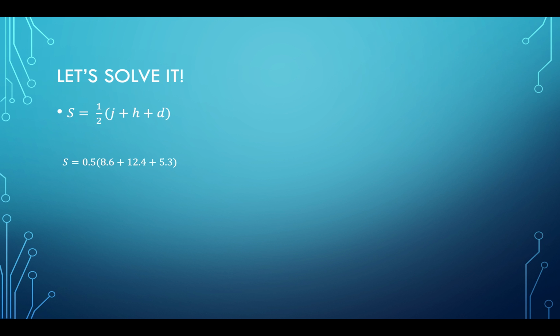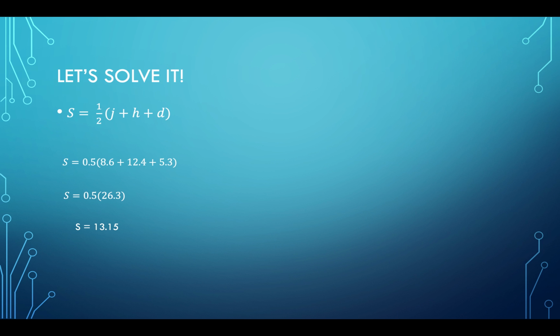Side J was 8.6, side H was 12.4, and side D was 5.3. So we just go ahead and plug in our sides for each of their letters. And then what I like to do first is add 8.6 plus 12.4 plus 5.3, and we get 26.3. I didn't multiply yet by 1/2, so I have 1/2 times 26.3, and I get our semi-perimeter as